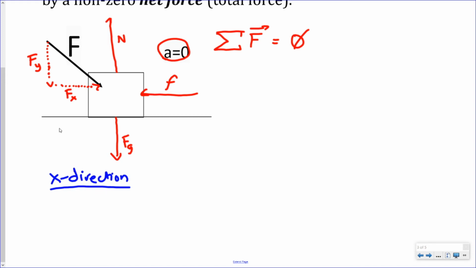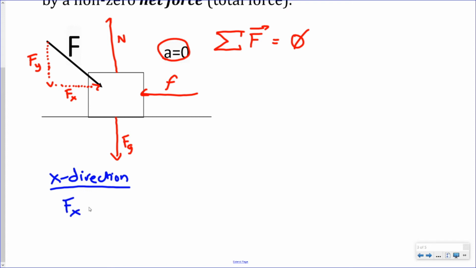So that means, left and right, not up and down. We're talking about the x direction here. So the only ones that are in the x direction are Fx and friction. And we know that if these have to sum to 0, that means